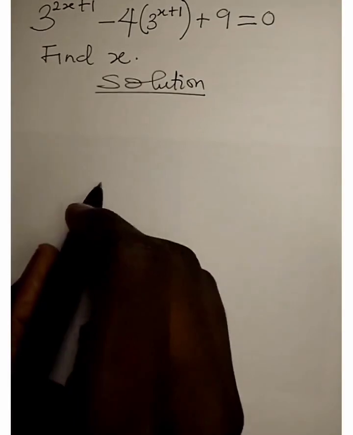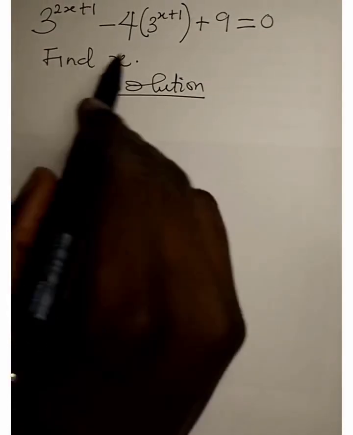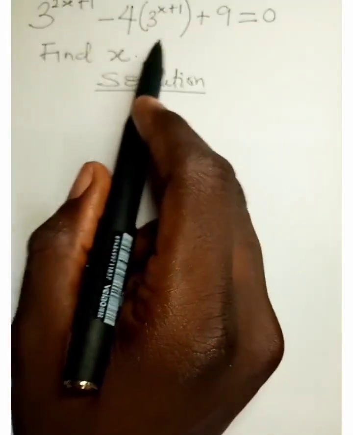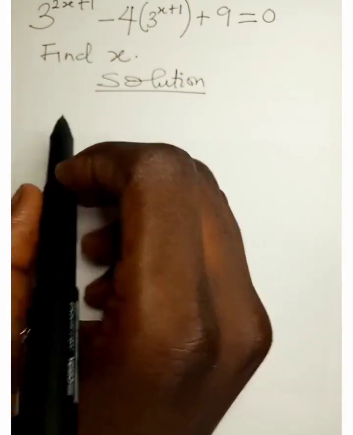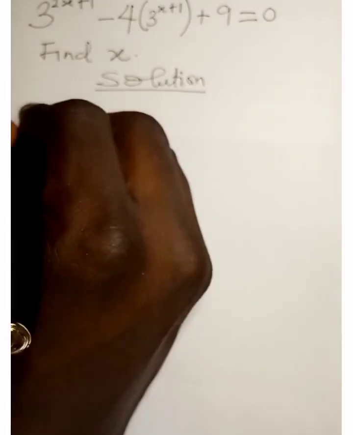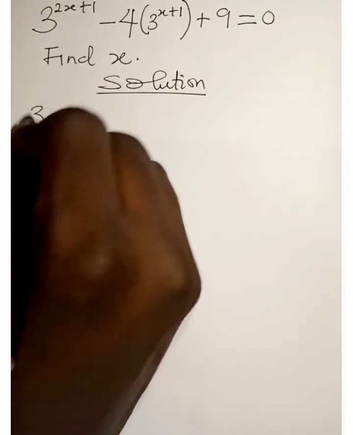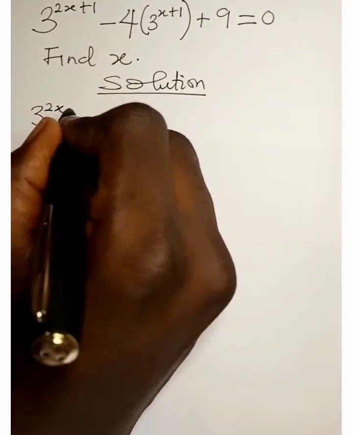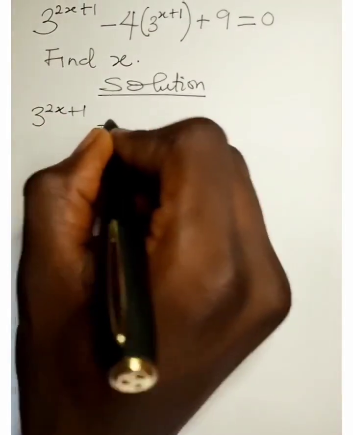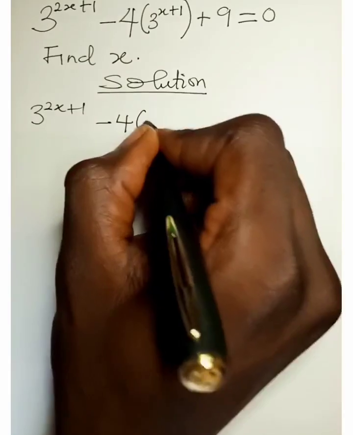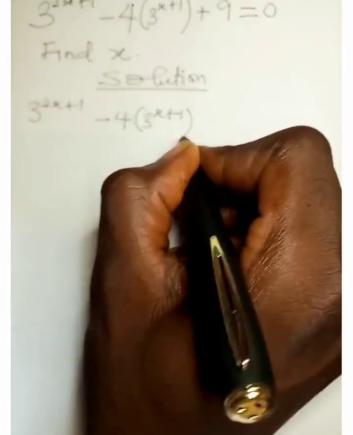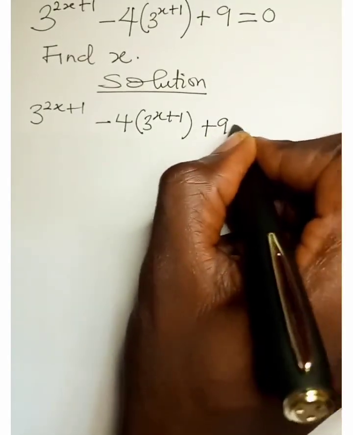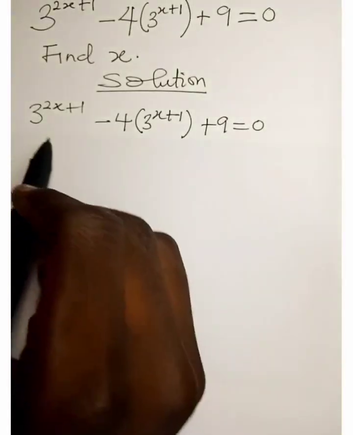Let's solve this problem. We have this exponential equation and we have to look for the value of x. Let's go ahead and solve. We have 3 raised to power 2x plus 1, minus 4 into (3 raised to power x plus 1), close it, plus 9 equal to 0. Now we need to